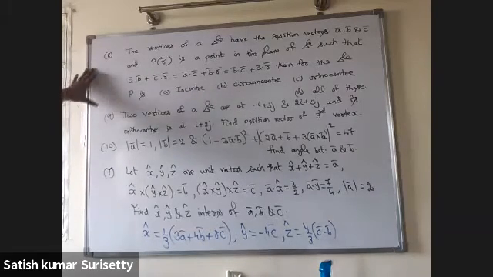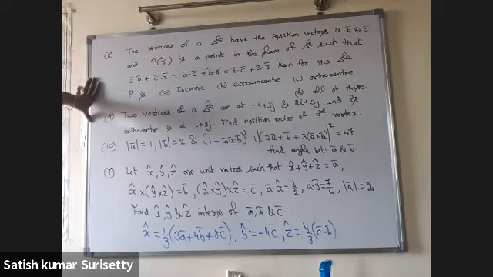Right, all of you, 8, 9, 10 also. 8: The vertices of a triangle have the position vectors a bar, b bar and c bar, and P (with position vector r bar) is a point in the plane of the triangle such that a dot b plus c dot r equals a dot c plus b dot r equals b dot c plus a dot r. Then for the triangle, P is... don't say the answer, you mark yourself.